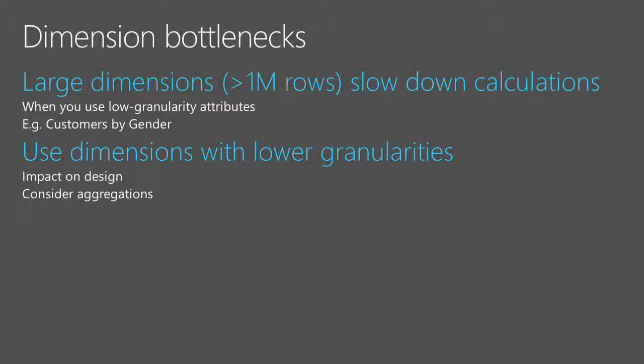The new engine is much better. In 2016, we will see improvements. But today, this is something that is a problem. So having 100 million rows is not a problem in the fact table. But if you have 100 million rows in the fact table and 10 million rows in the dimension customers, I'm not saying that this is a problem that you cannot solve. I'm just saying you will have to adapt your data model in order to do some optimization at the data modeling level. So it's better if you have smaller dimensions. And the technique to optimize that is to create dimensions for the commonly used attributes that will have a lower granularity. This is the idea.